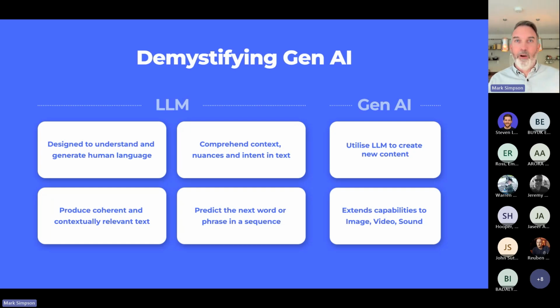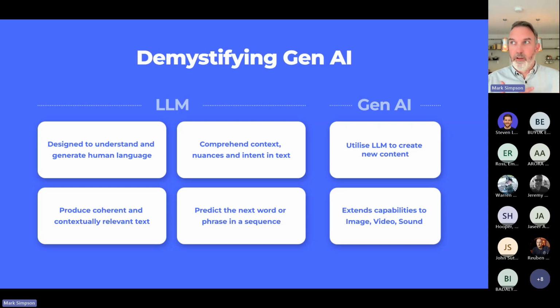How does the magic work? There are two aspects really to this. The first is LLMs, large language models. These are models that the vendors have trained to understand knowledge that it's scraped off the internet. They're designed really to work well with human language.